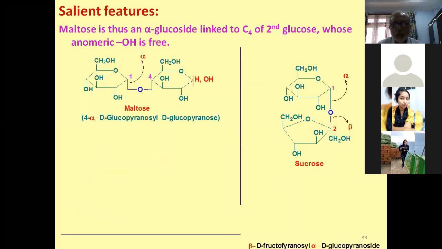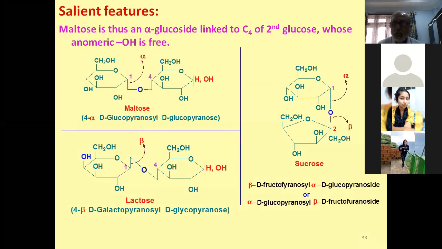So here, this is what is there. Now you see, the names here are common names that we have seen. Sucrose, maltose, lactose, these are common names. But what is the scientific name? For maltose, we can name it as a derivative of this glucose. This is a glucose, so this is D-glucopyranose.